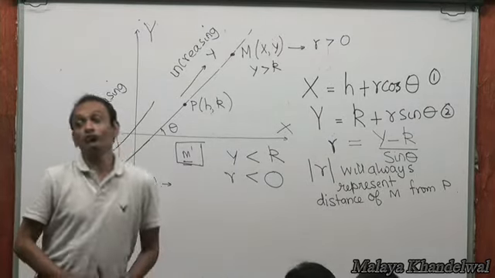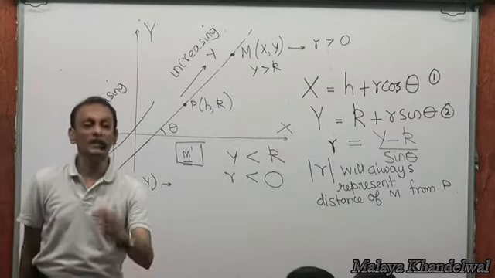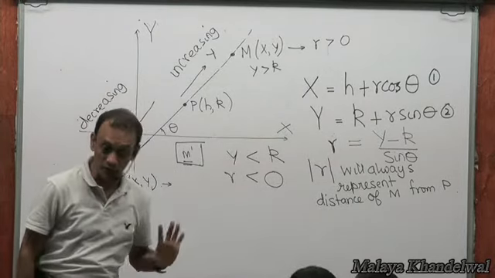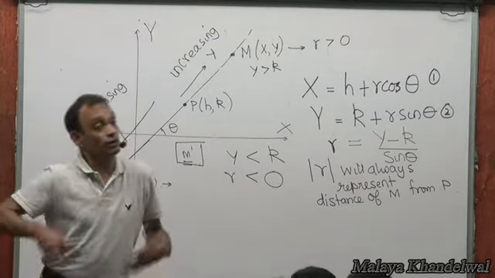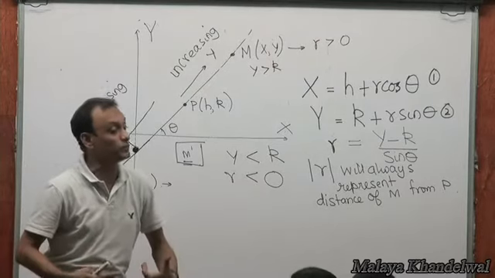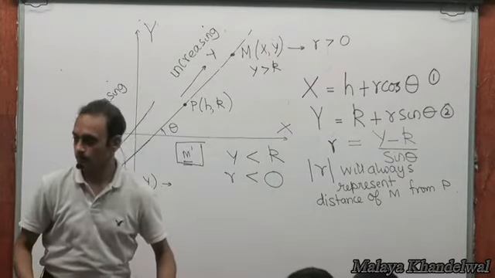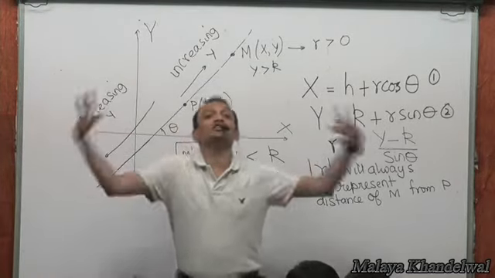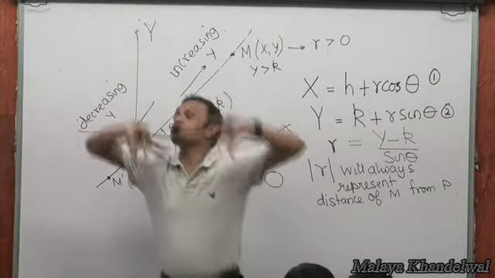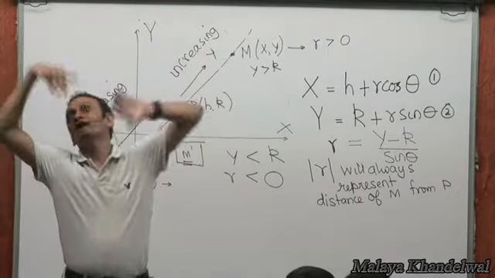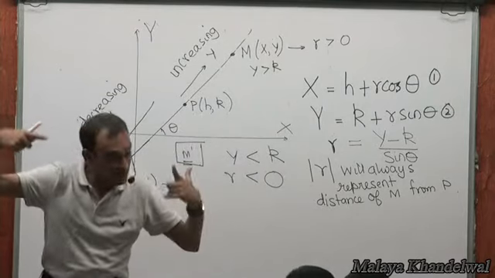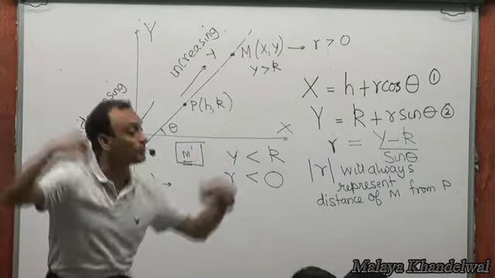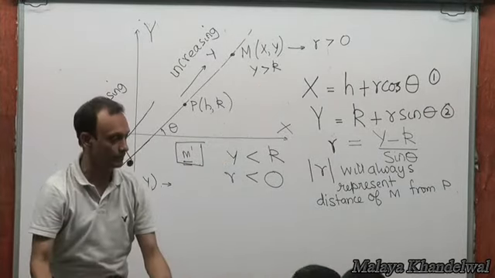If there is a certain point for which you have got r equal to minus 5, what it means is that that point is 5 units away from P, the fixed point P. If you get r equal to plus 5, then also the distance of M from the fixed point P is going to be 5 units. Right? So r in a certain sense has a dual flavor. The sign of r will tell you where a certain point M lies. Right? The magnitude of r will indicate to you how far that point is from a certain fixed point upon the line. Yes or no?